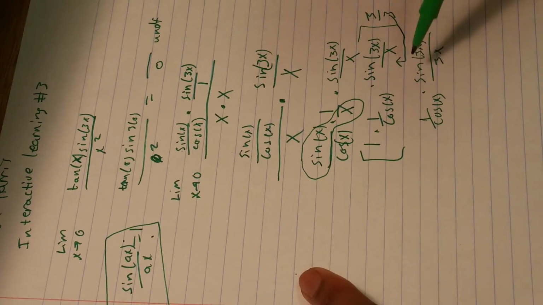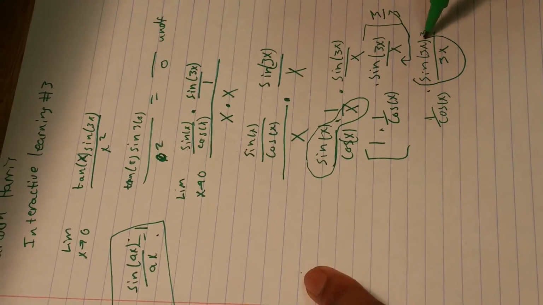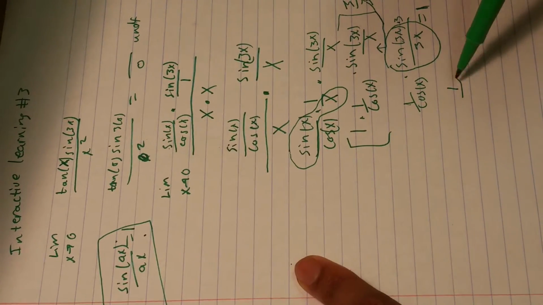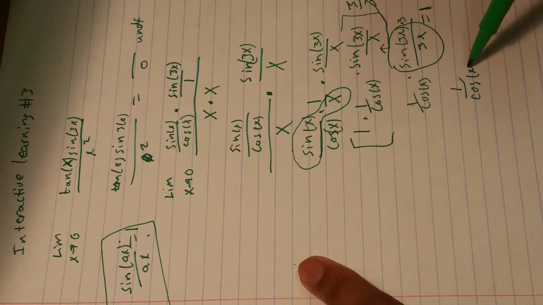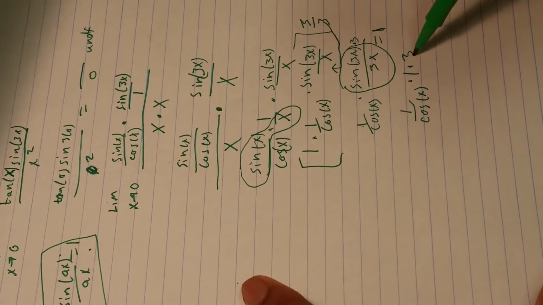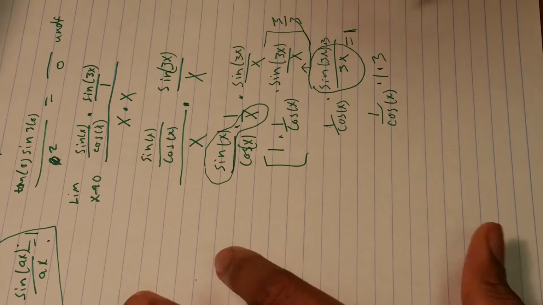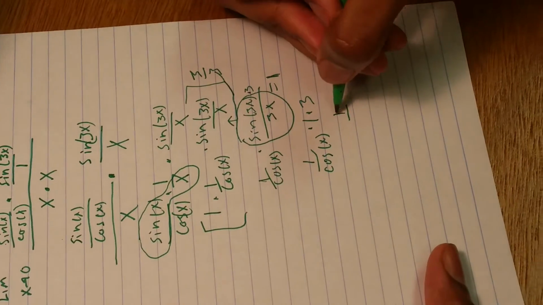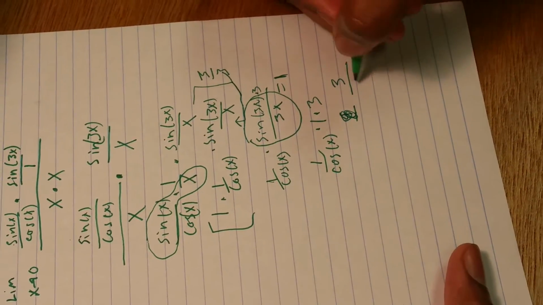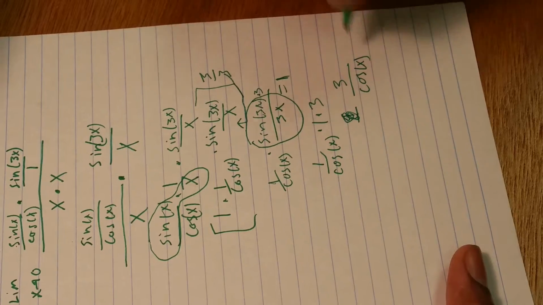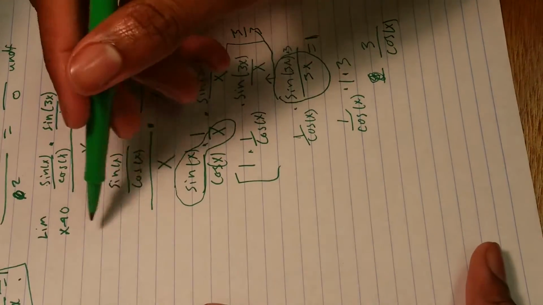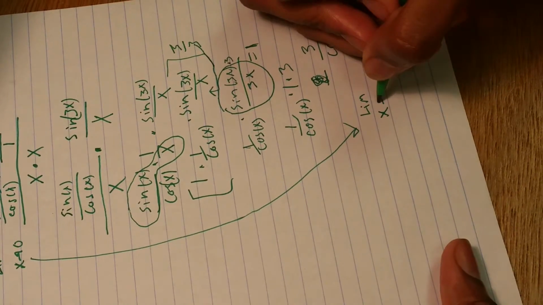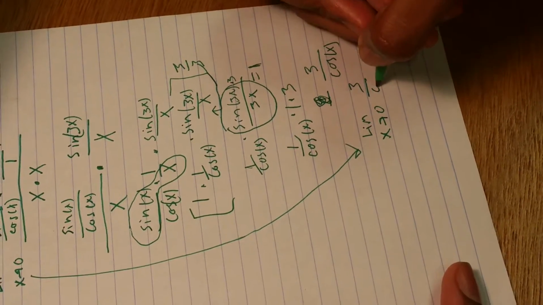So now we know that sine of 3x over 3x goes to 1. So that would equal 1 over cosine of x times 1 times 3. So we can condense this and say 3 over cosine of x. And now we'll bring down our limit sign and say the limit as x approaches 0 of 3 over